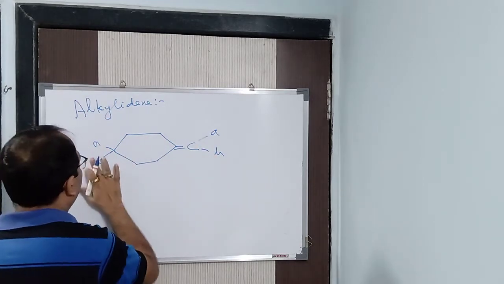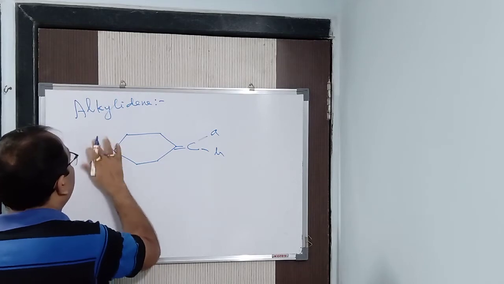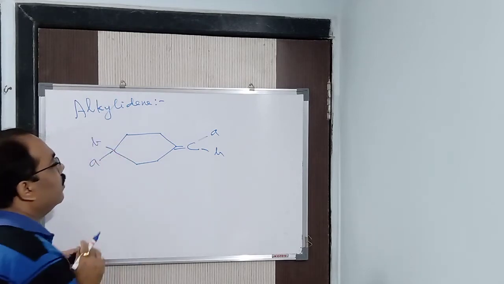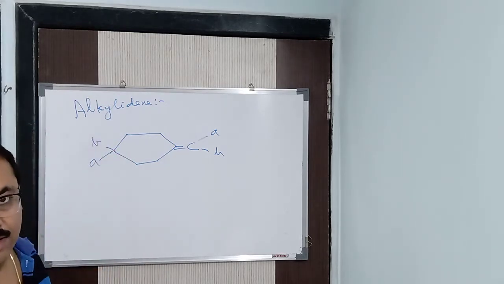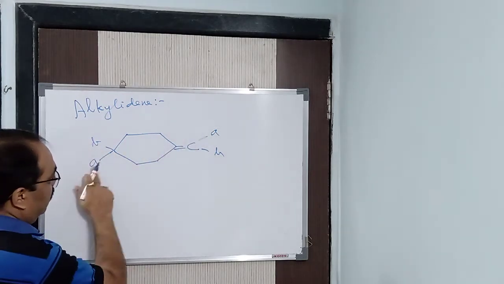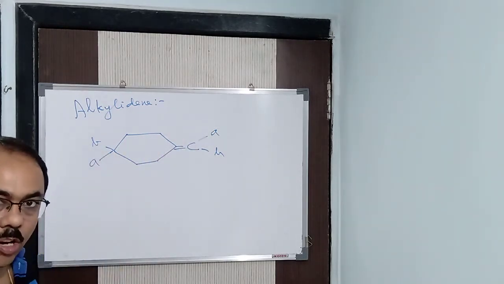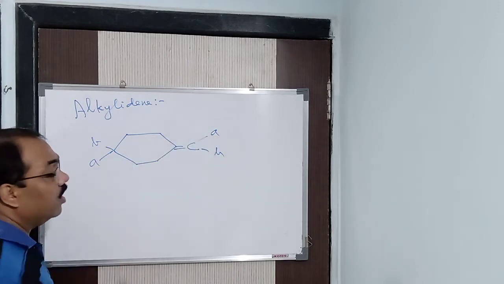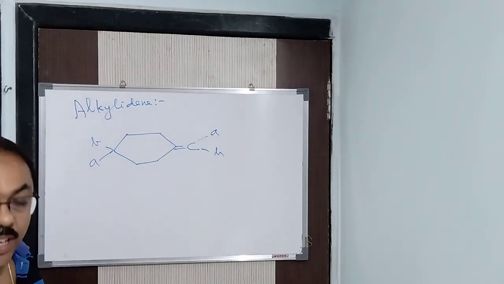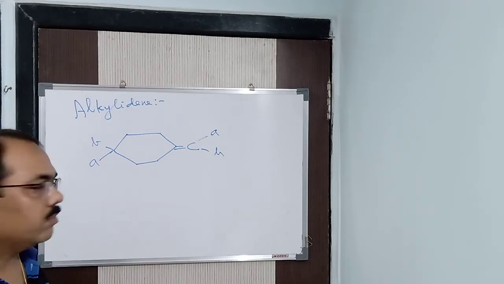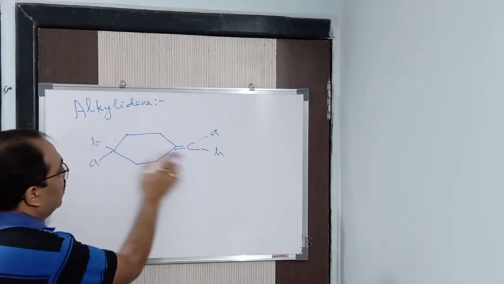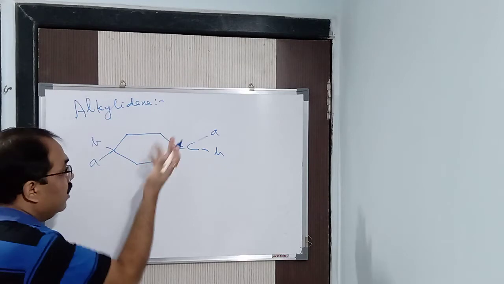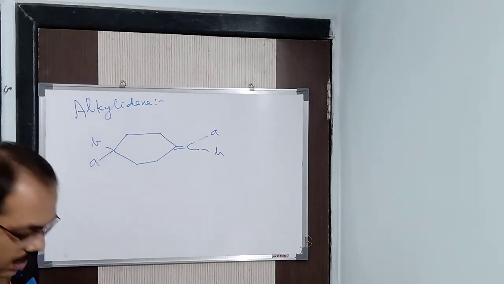This one is cis. And let us say this becomes your A and this becomes your B. Then what does it become? Trans, diagonally. I am not teaching you nomenclature. I am giving you the naming of different types of groups according to isomerism. Mind it, the chapter I am teaching is isomerism. So this is nothing but trans alkylidene, and the other one was cis alkylidene.